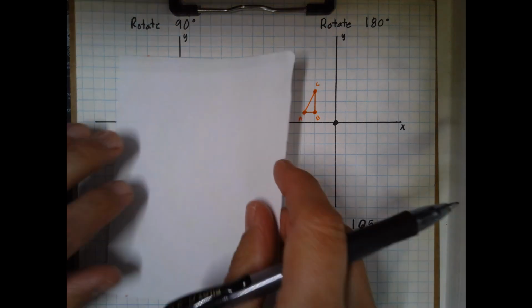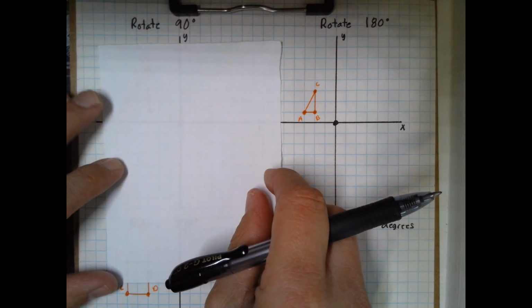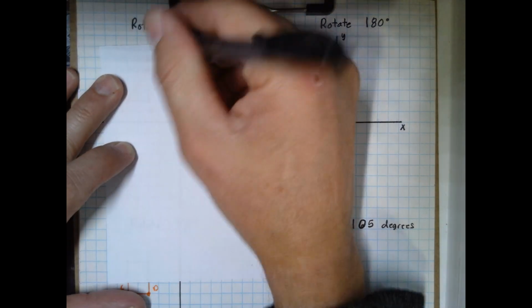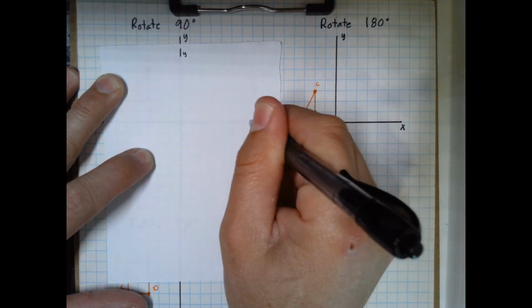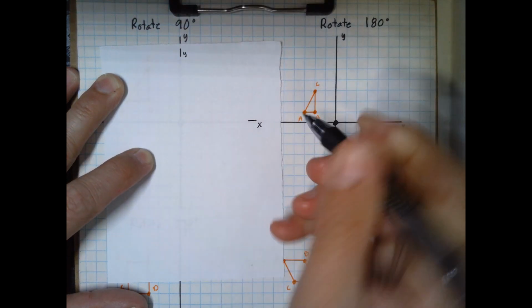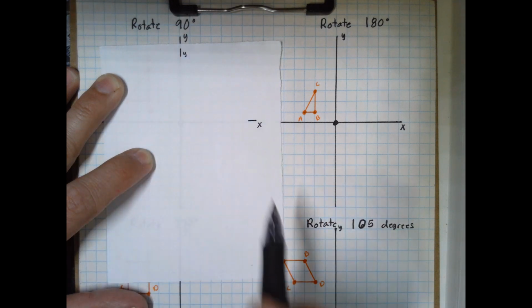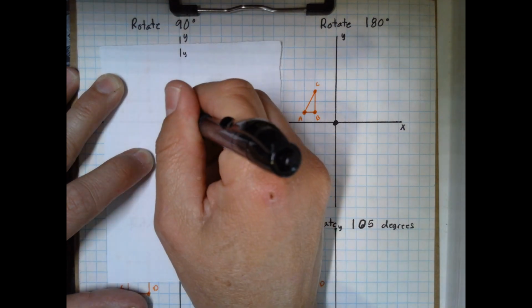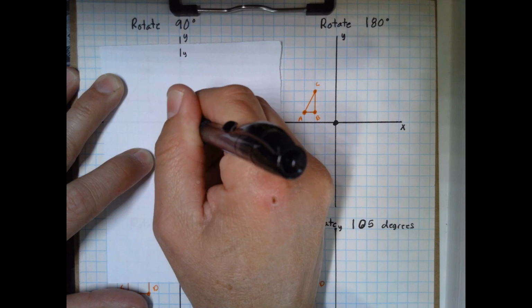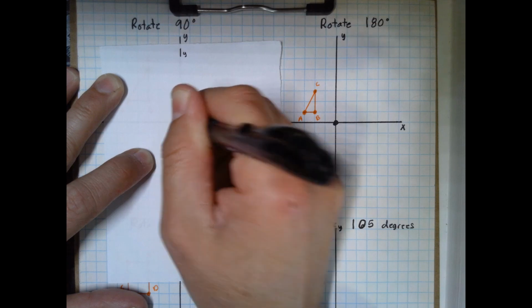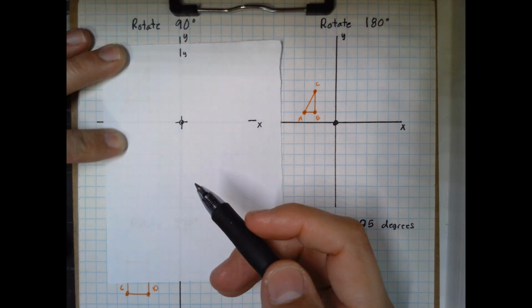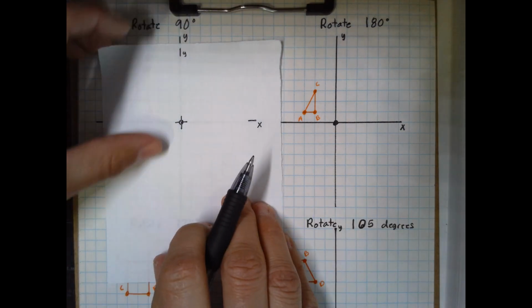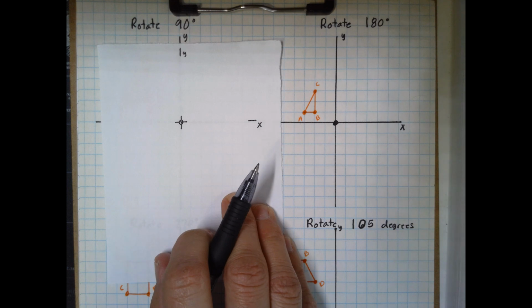And I'm going to take this paper that I just cut out. A couple things that I want to do if I'm going to do a rotation is I want to mark my y-axis and my x-axis. Now I don't have to draw the whole thing out, but I want to mark just little pieces of it. I also mark where the origin is because if it doesn't state it, it just says rotate 90, then you're rotating about the origin. The next thing I want to do is I'm just going to flip this up so you can see